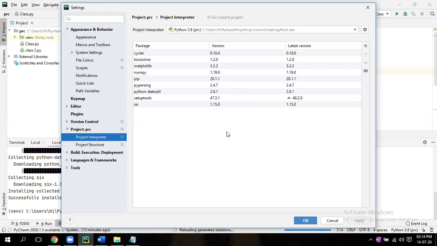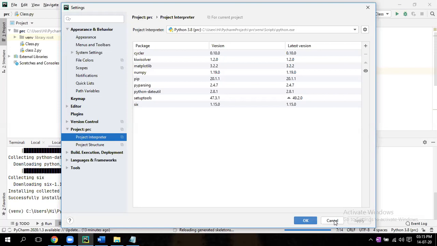Before, matplotlib wouldn't be there. Now I think it is installed successfully, so it is coming here, matplotlib. With matplotlib, NumPy also comes simultaneously, along with some other supporting files. This NumPy and matplotlib are useful for your further machine learning, data analysis, and mathematical and statistical calculations. Okay, you can close it.